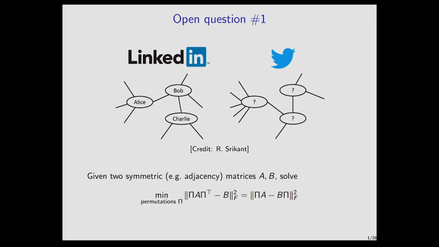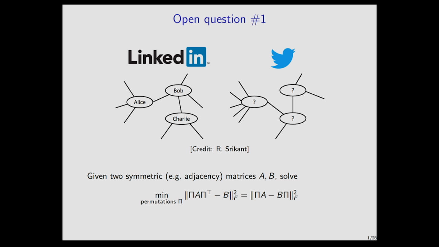Okay. And one very intuitive and common formulation of this problem would be the following. If I give you two matrices that represent the graphs, for example, the adjacency matrices, but you can also do fancier things, then you want to find a permutation that when you apply it to both the rows and columns of A, it best matches B. So it minimizes the Frobenius norm squared, let's say. And to make this objective quadratic looking, I can cycle one of the permutations to the other side. This is exactly the same thing.